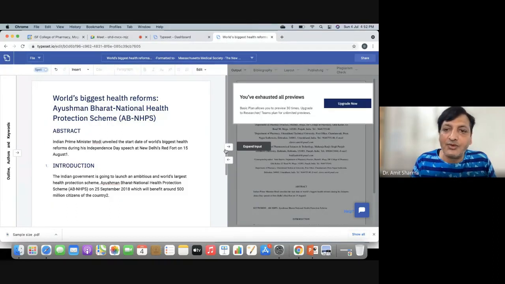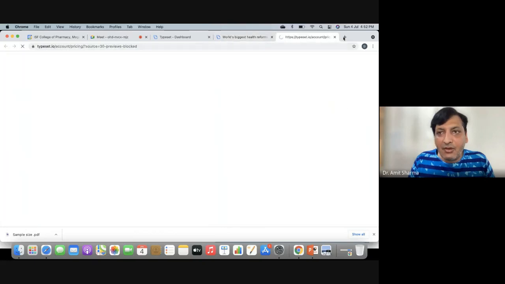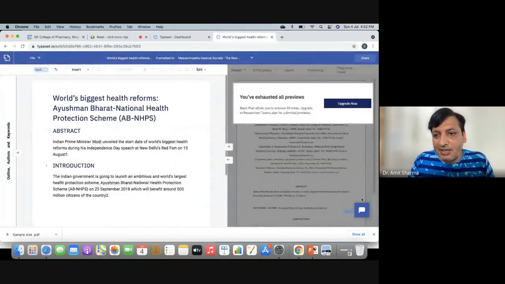After that it will ask you to pay. You can create another account, then you can use another 5 or 6 manuscripts. Like this, you don't have to pay. You can work without paying. Or if you're feeling that this particular website is really working for you and you can take the benefit of this one, you can upgrade your account also. I don't want to upgrade. I will let you know what the benefit was, and you can see